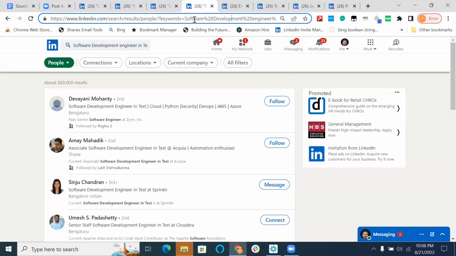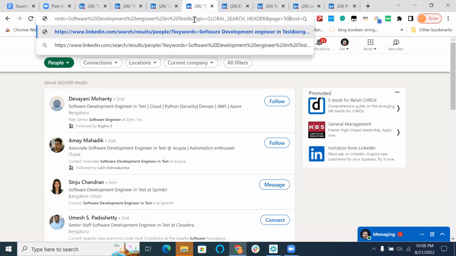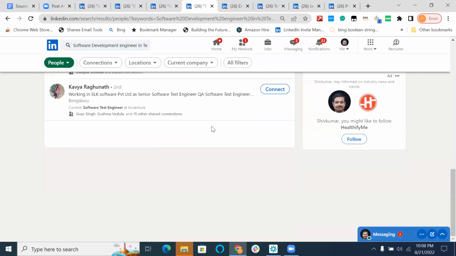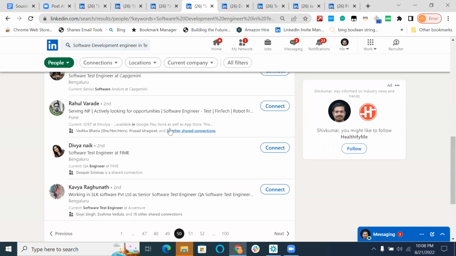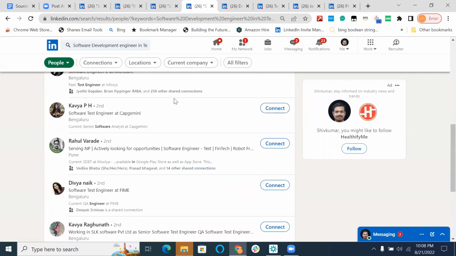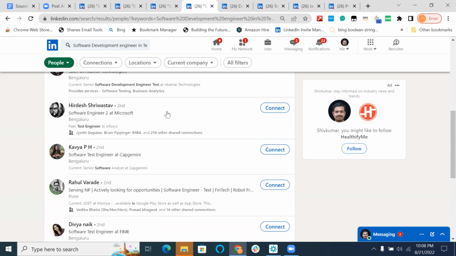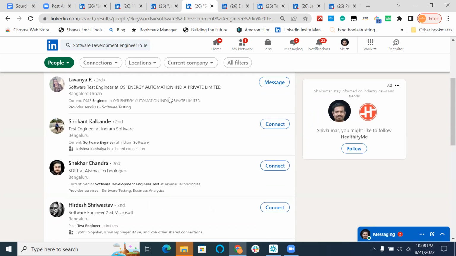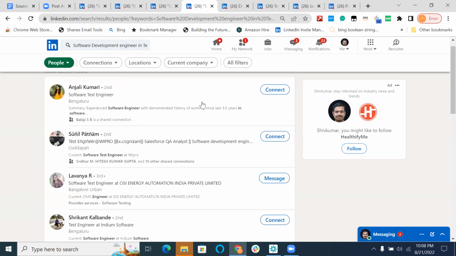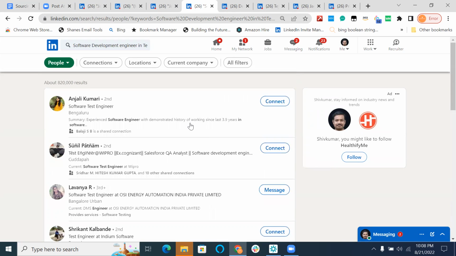Let's jump to some later pages. So instead of the 9th, we'll go to the 50th page. Okay, we came to the 50th page. Senior software engineer, test engineer, software engineer, test. So software test engineer, software engineer 2, software development engineer, SDET, test engineer, software test engineer. Now on this page, you can see that we have a lot of results where